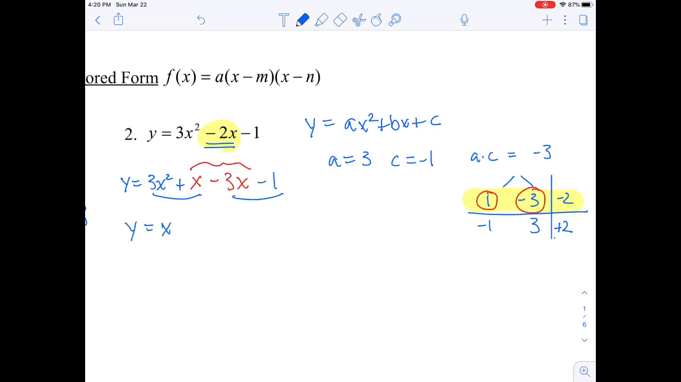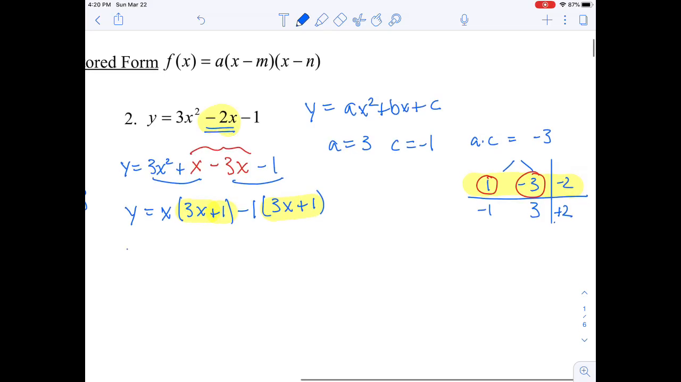So I take out the GCF of the first two terms, which is x. I take out the GCF of the last two terms, which is -x. By convention, we like that. And then as we said in class, we know we've done something right because these two terms are the same. So what I'm going to do is factor out 3x plus 1, and then I'm left with x minus 1